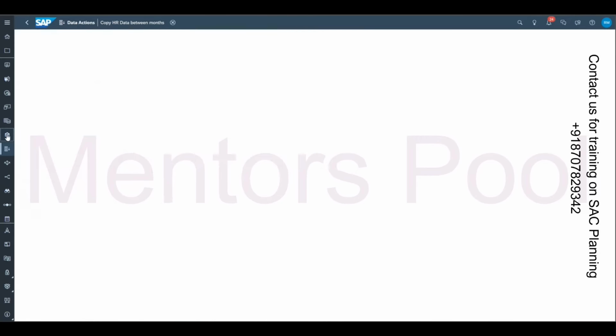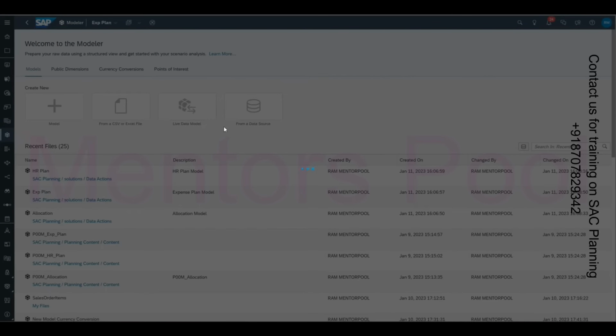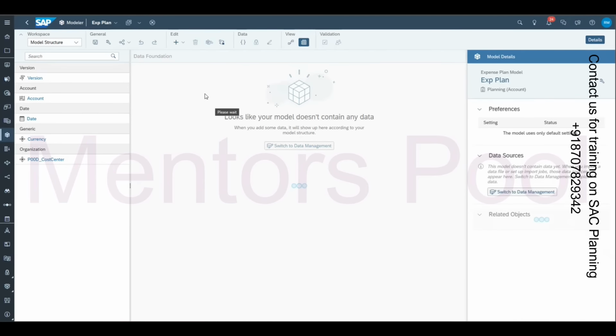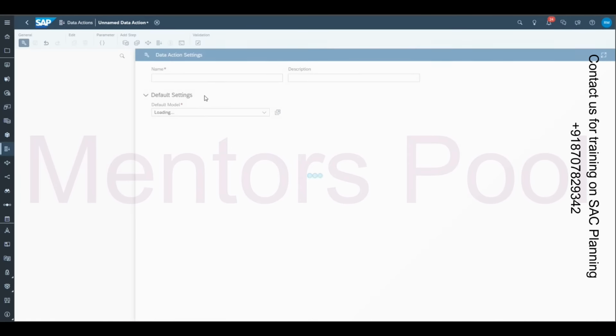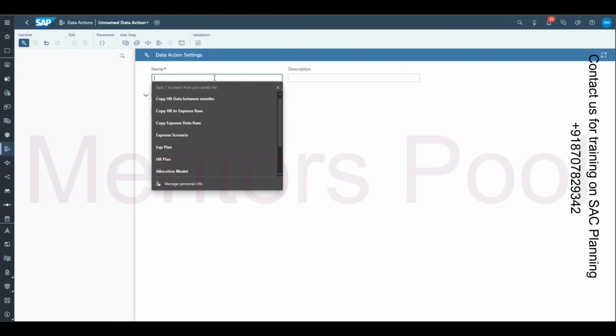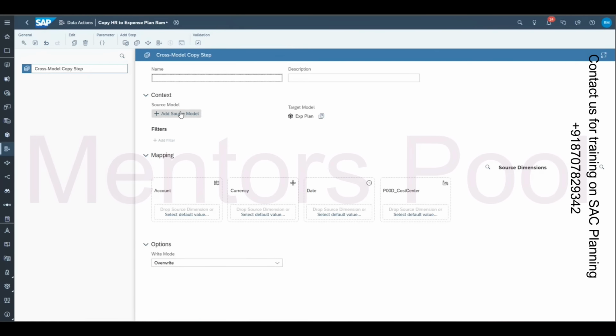So again, I'll go to the expense plan model because this is going to be our target. So from here, I'm going to create a data action. So my model is already selected, right? So I'm just saying copy HR data to expense plan. Right? Okay. Now we can go ahead and add a copy step and select the second